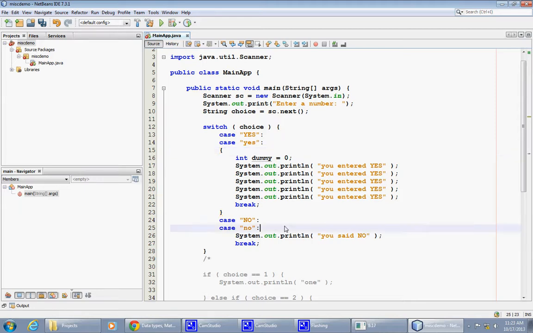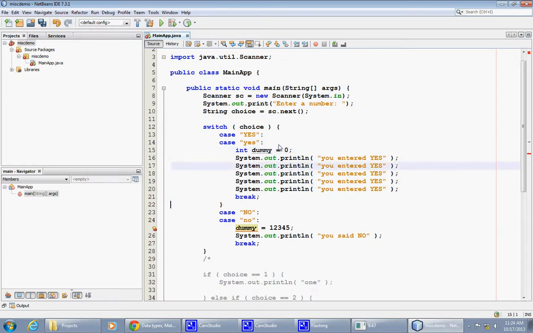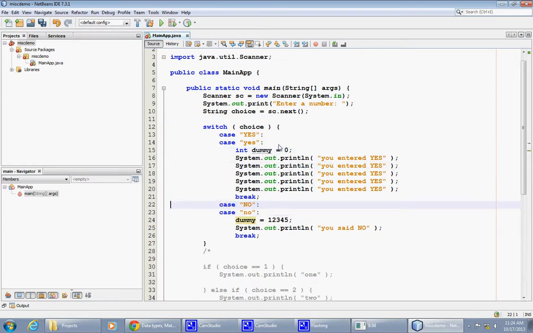So if right here I say dummy equals 1, 2, 3, 4, 5, obviously you realize that this should be an error simply because the dummy was declared inside the local scope braces. So the block statement, which starts here and ends right here, introduces the dummy variable, and clearly it becomes undefined down here. But a warning here is that if you get rid of the braces, right,